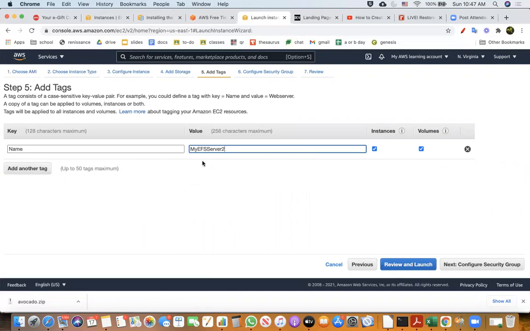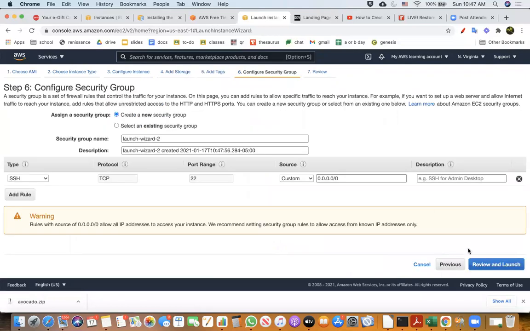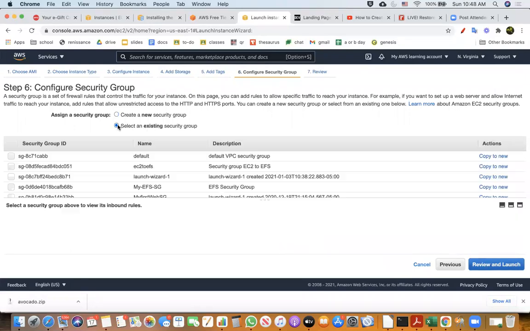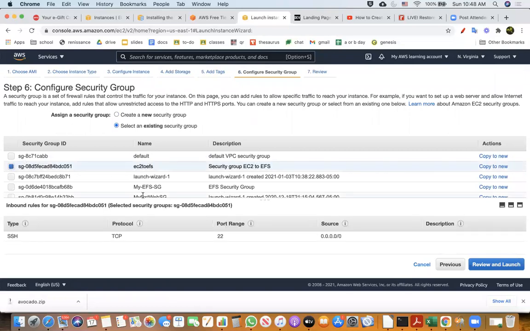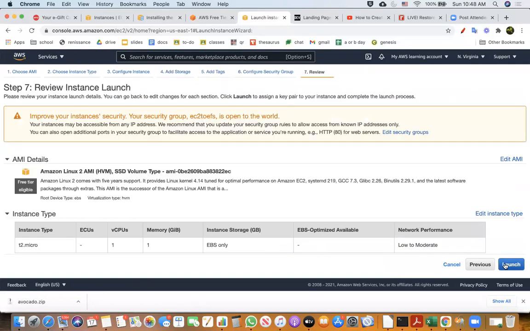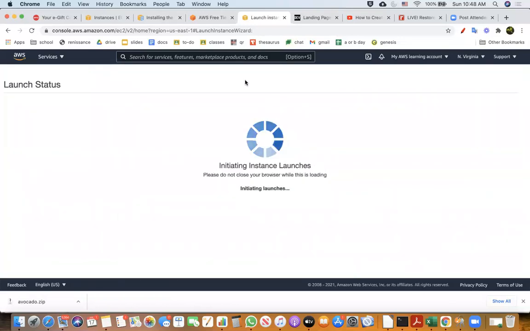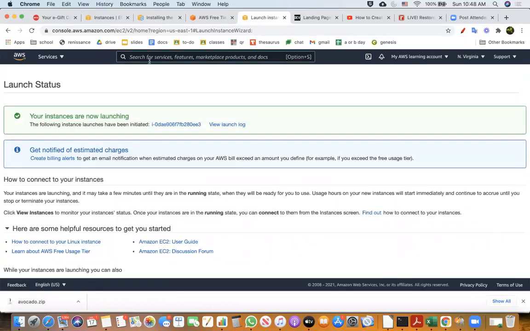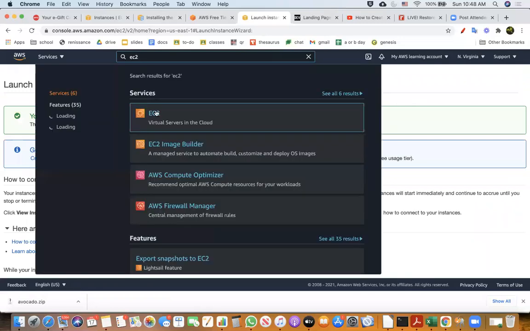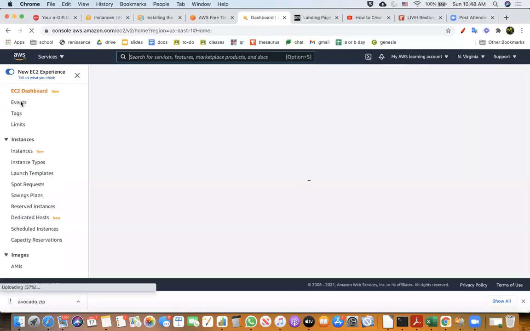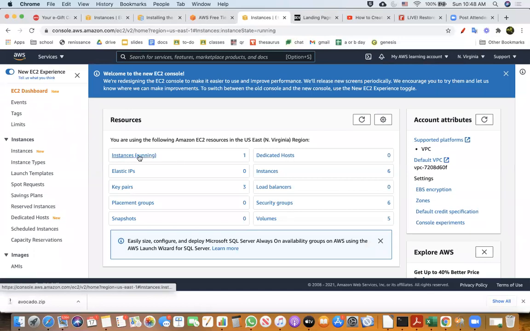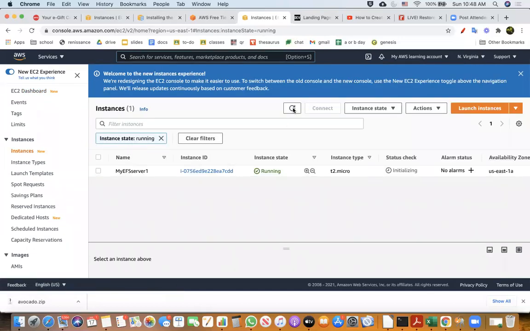So this one, I would say EFS server 2. So again, port 22. So I will use an existing security group. I will call it EC2. There is a reason why I try to use it this way. Then review and launch it. Use the same key pair, launch instances. So now if I go to the EC2 console, shortly I should be able to see both the servers. So now one instance is running. The second instance should follow quickly. Let's give it a minute.